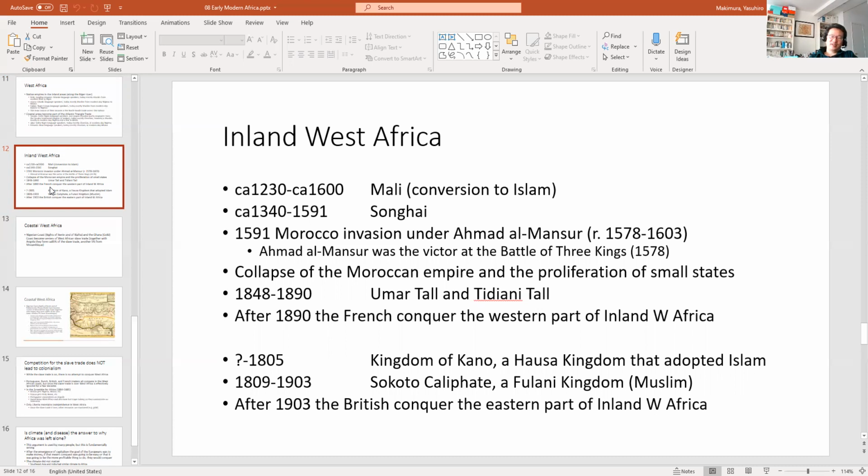Now, why did I go off on a tangent about this? I went off on a tangent because the Portuguese king dies in battle in the Battle of Three Kings. When the Portuguese king dies in battle, he leaves no child, he leaves no heir. And because he leaves no heir, the closest person by blood to the Portuguese throne is claimed to be King Philip II of Spain. So in 1580, because of this intervention in Africa, Spain and Portugal get unified as one country. It's called the Iberian Union.